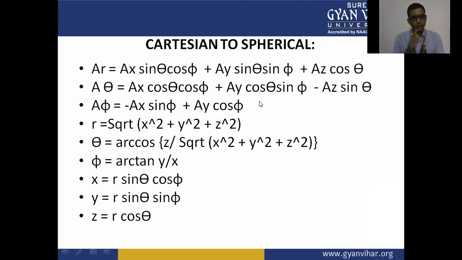So this is the Cartesian to spherical coordinate relationship, through which we are able to find r, theta, and phi. The vectors in r, theta, phi are given by the above three equations, and the next three equations show the r, theta, phi point, a scalar point in the spherical coordinate system, and x, y, z is the point in the Cartesian coordinate system with respect to the spherical coordinate system. So this is the transformation from Cartesian to spherical and spherical to Cartesian coordinate system.